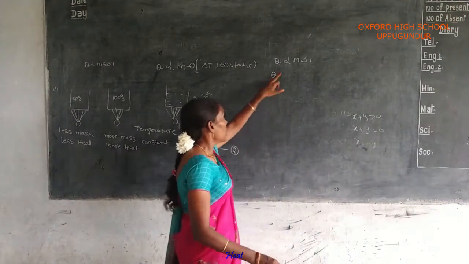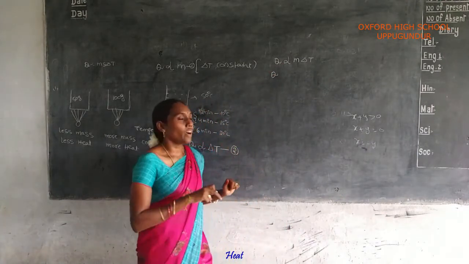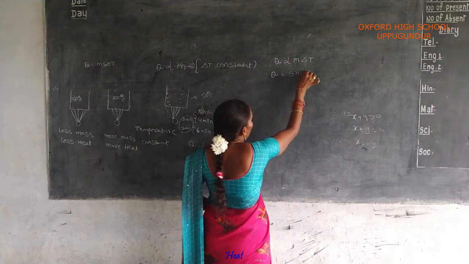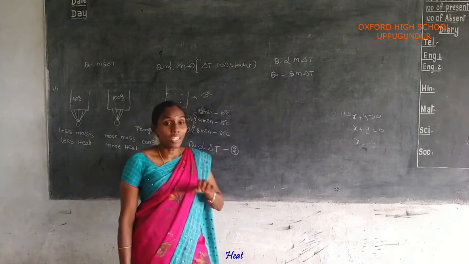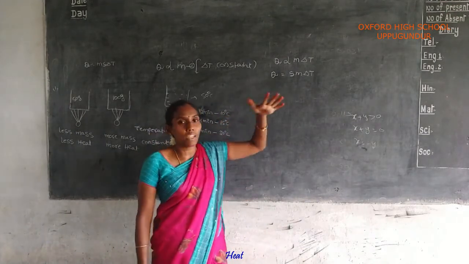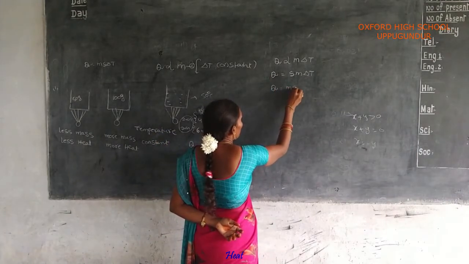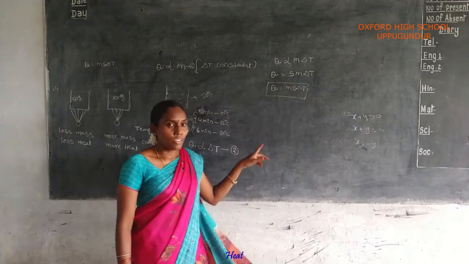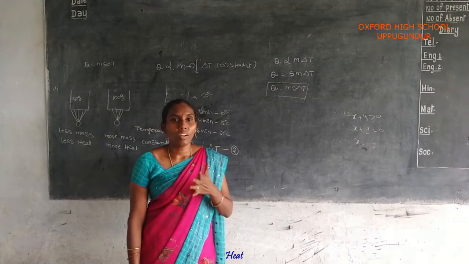In the same way, removing the proportionality symbol means putting a constant. That constant is equal to S. So S m delta T. Why keep the constant S? That constant value is always useful to equate both the left side and the right side of the equation. This should be written as Q is equal to m s delta T. This is the formula to find the amount of heat energy released or absorbed.